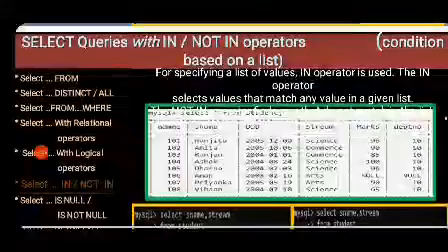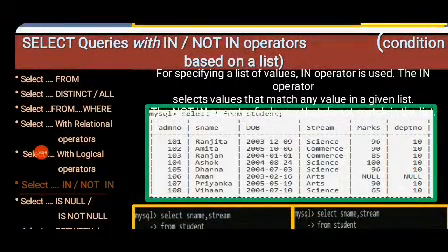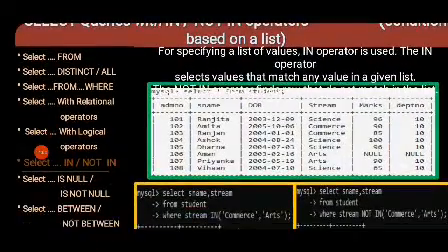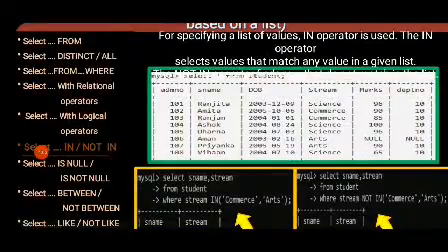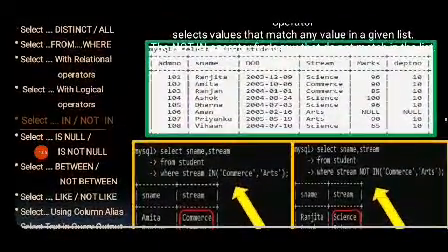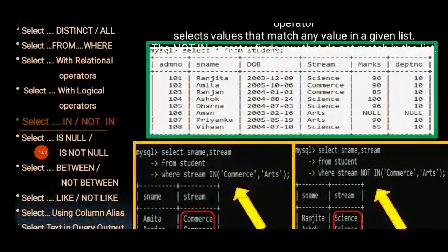Now next, IN and NOT IN operators. The IN operator selects the values that match with any value in the given list, and NOT IN means which does not satisfy.